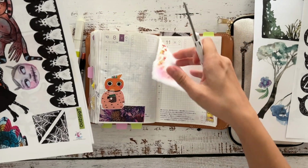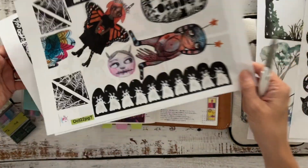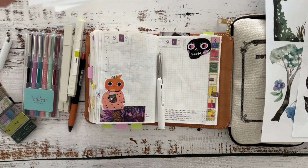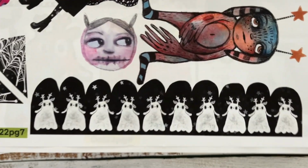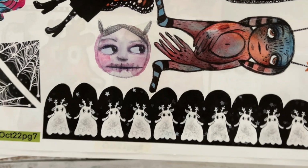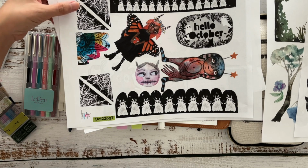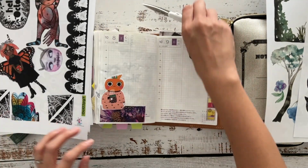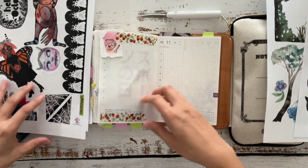And oh, I love this border, this fun ghost border. This year I'm totally full force with the Halloween decorating in my journal. Not so much outside of the house or anything. I don't have any pumpkins or anything like that, but